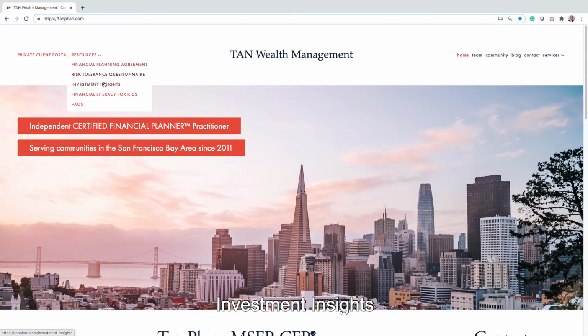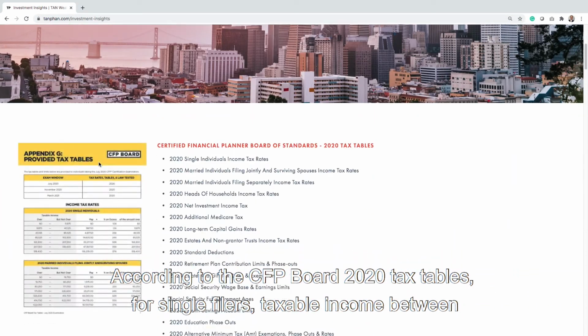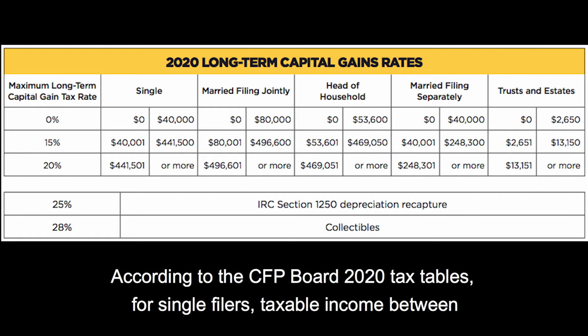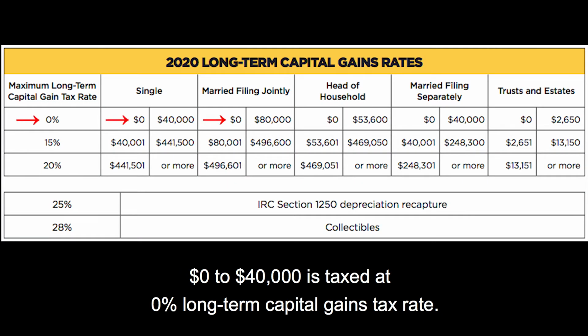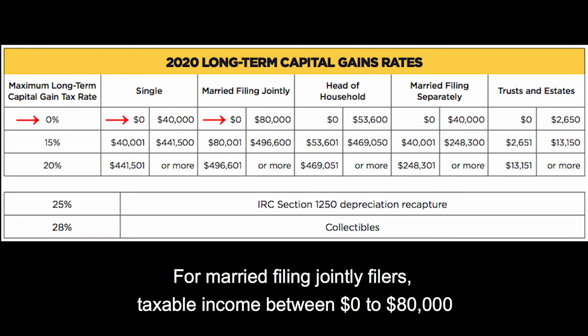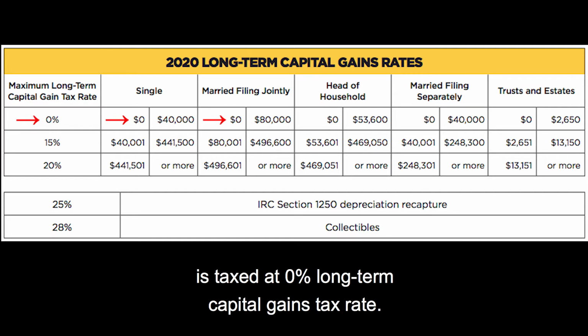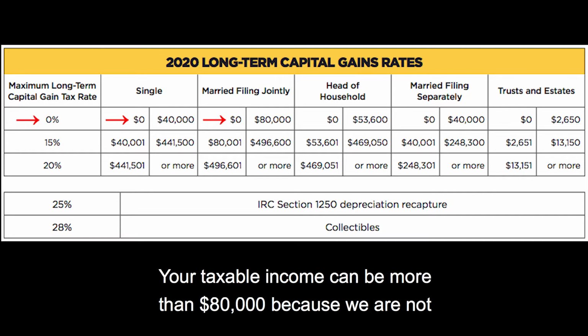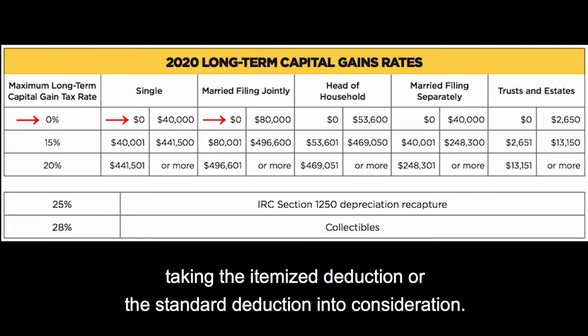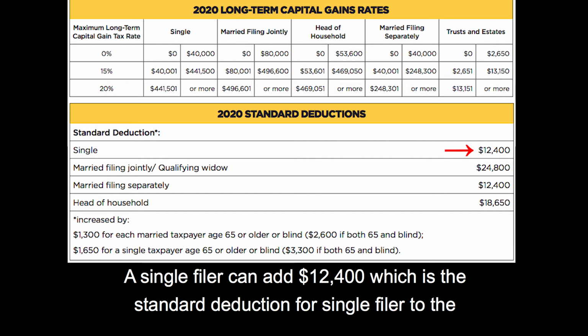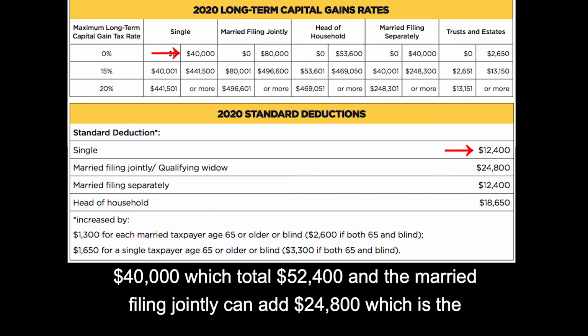Resources. Investment insight. According to the CFP Board 2020 tax table, for a single filer, taxable income between $0 to $40,000 is taxed at 0% long-term capital gains tax rate. For married filing jointly filers, taxable income between $0 to $80,000 is taxed at 0% long-term capital gains tax rate. Your income can be more than $80,000 because we are not taking the itemized deduction or the standard deduction into consideration. A single filer can add $12,400, which is the standard deduction for a single filer, to the $40,000,